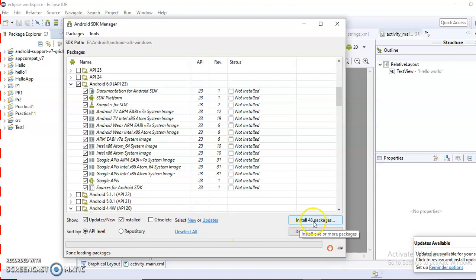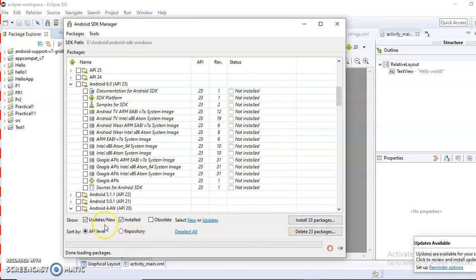It will list here the number of packages to install, and then by clicking on the Install button, it will start installation of all the required packages. Now suppose you don't want to install it, then it will reduce the number of packages. So as per your requirement of Google APIs or application package installation, you select the particular API from the Android SDK Manager and then click on the Install button for installation.